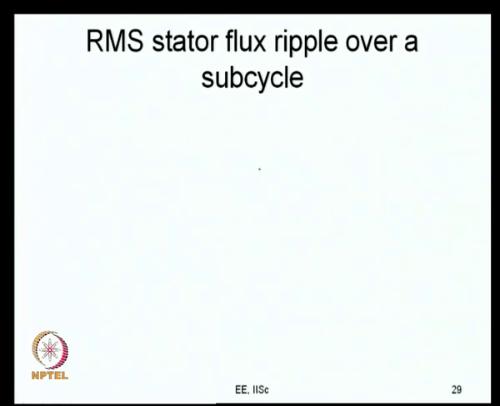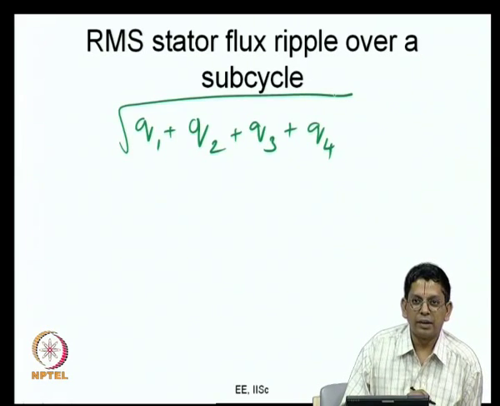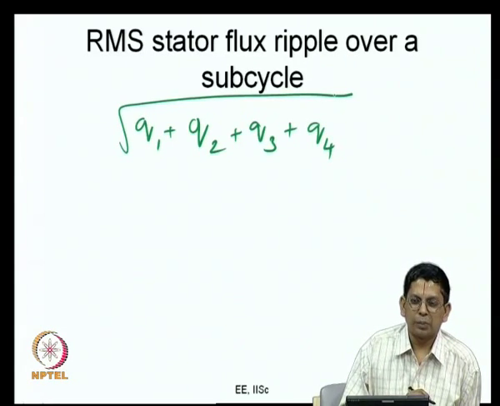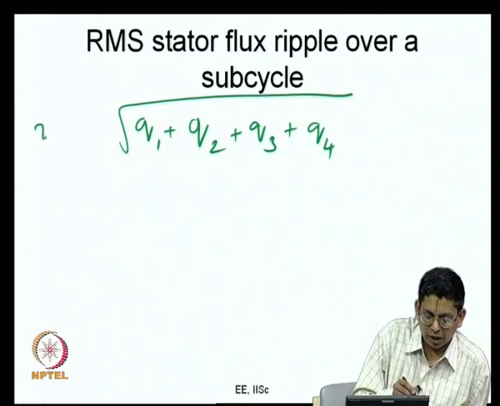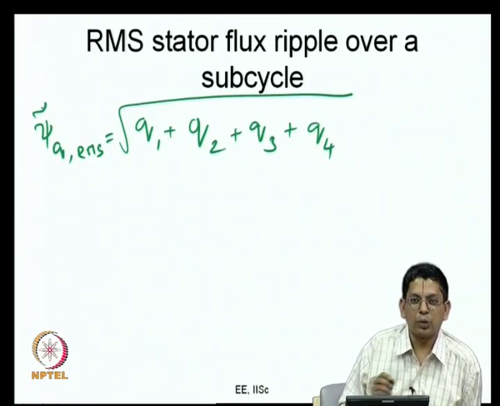So, I have got the mean square values in the various subintervals now. What I just have to do is add q1 plus q2 plus q3 plus q4 to get the mean square q axis value. This I can always take under a square root, and I am going to get the mean square value under that. Let me call this psi q RMS if you wish. So, psi q tilde RMS I am going to get like this now.